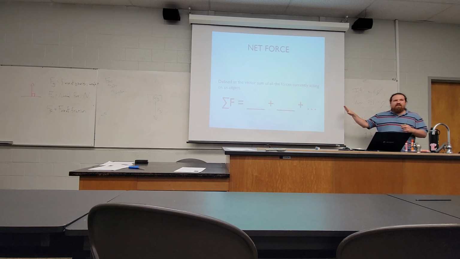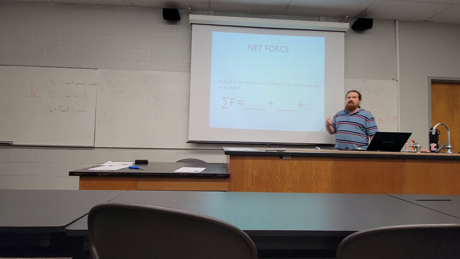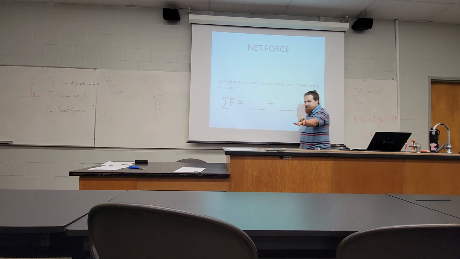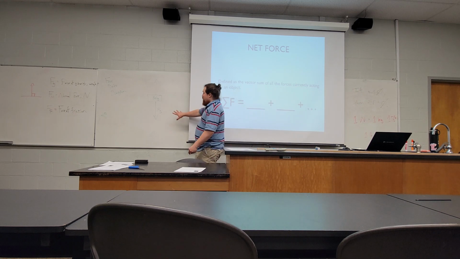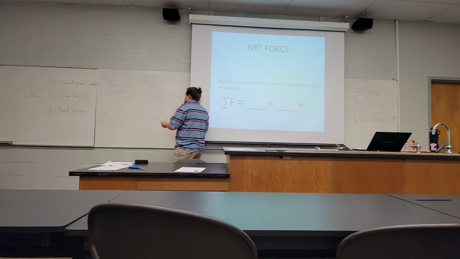Now, there's not really a different formula for net force. Net anything, sigma anything, is always the sum of all of that thing. So for net force, I would say find all the forces on an object and physically add them together. But because force is a vector, you do have to note x versus y, and also positive or negative within that axis. In the case of this remote, again, whatever gravity is pointing down, I'll just, I